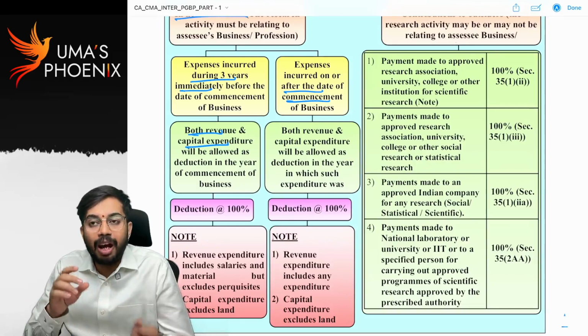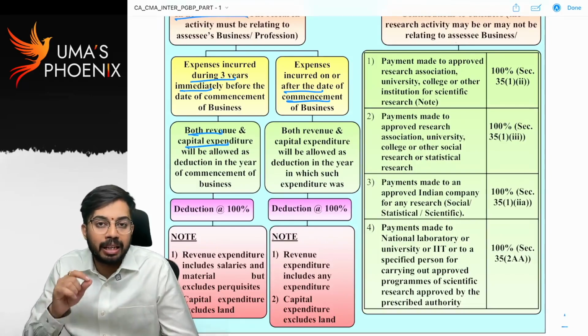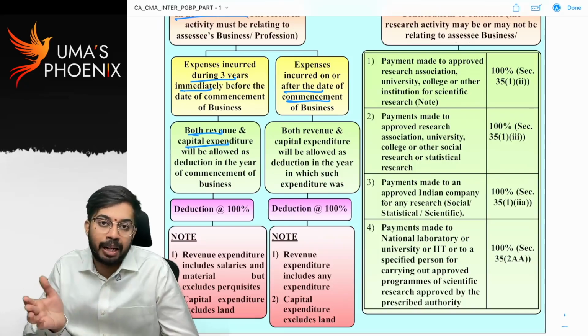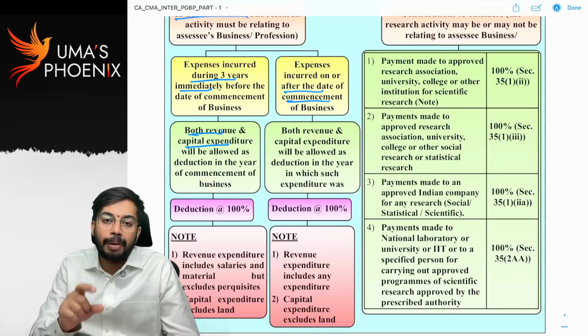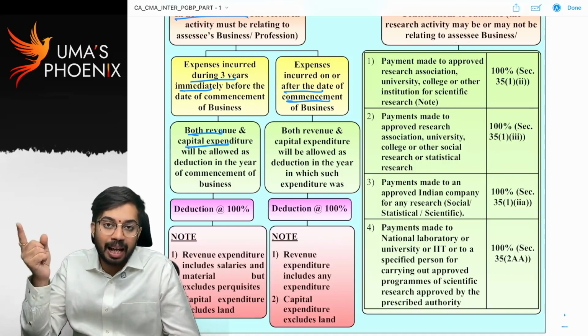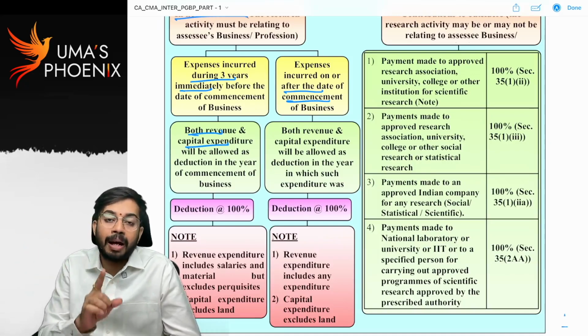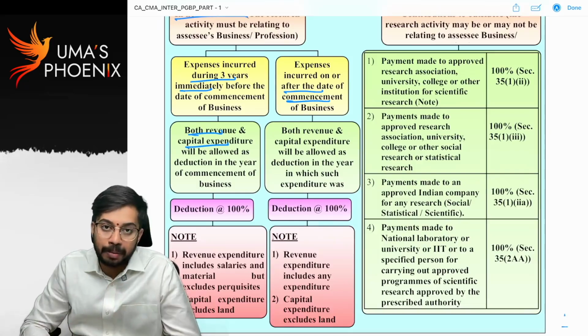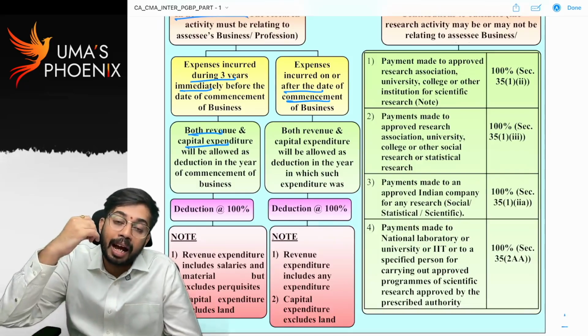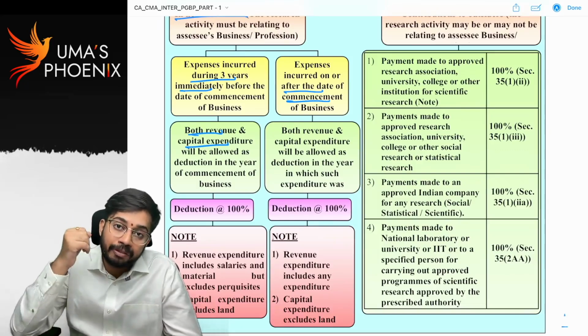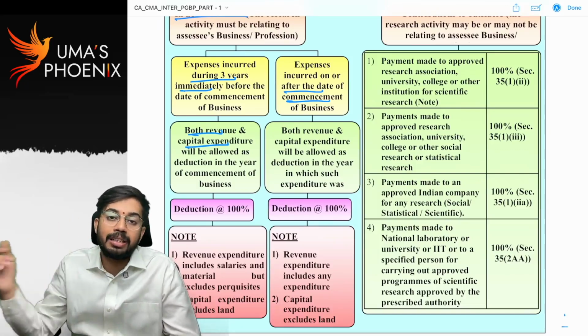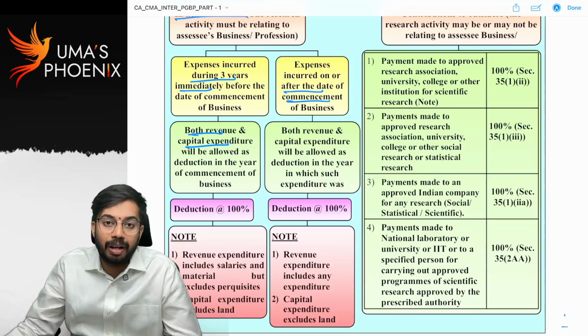onwards, every year, whatever the expenditure that is spent for scientific research is there, both revenue expenditure and capital expenditure. Generally, capital expenditure we will recognize as asset and we will provide depreciation every year. But if you are purchasing asset for scientific research purpose, 100% of the asset expenditure, 100% of the capital expenditure you can claim as deduction in P&L account. Are you able to understand?